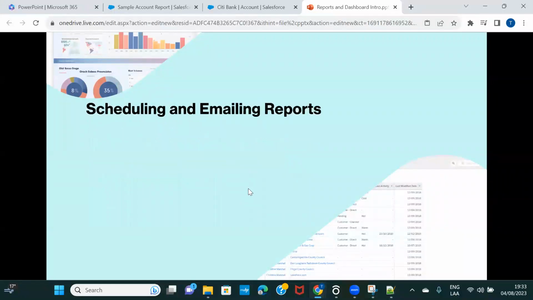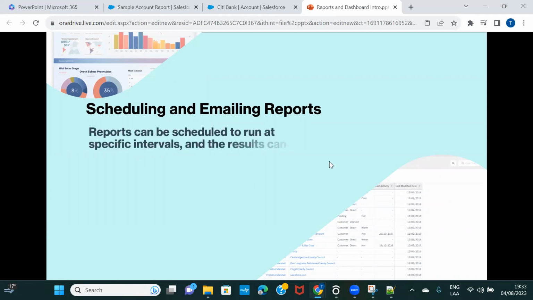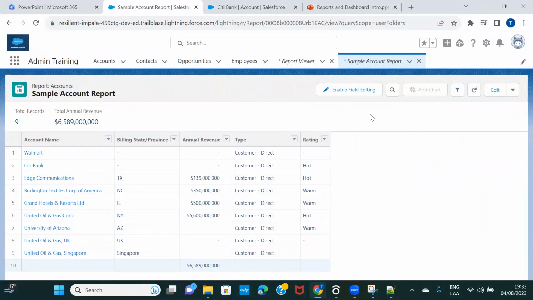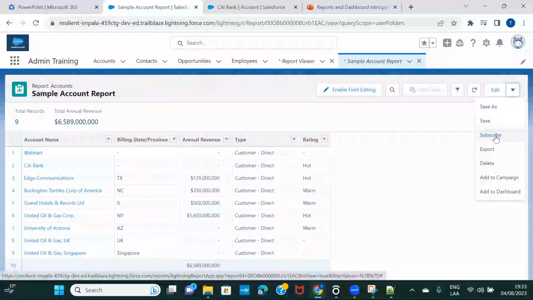All right. Then scheduling and emailing reports. Once you have created your reports, you can actually schedule the report and email the reports. For doing this there is something called subscribe on the reports. Let's say I go to a report, and once you are on the report, there's an arrow beside edit. If you click on this, you get an option called subscribe. And if you click on this,